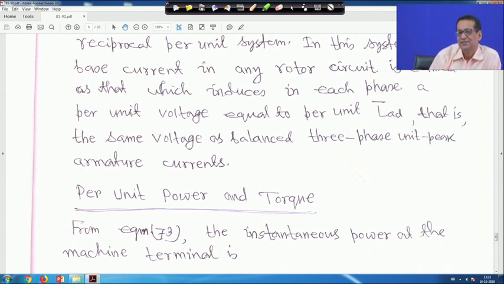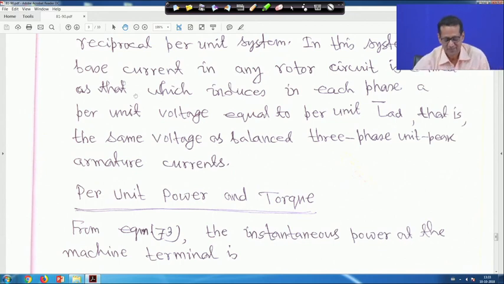My experience over the years shows that students may initially feel this per unit system is difficult, but it is not at all difficult. Just derive it once or twice, and you will find it is the same as the per unit analysis you did in power system courses in undergraduate studies, only the representation is slightly different because of the DQ transformation. So you should practice, and if you have any problem, come to me. Initially there may be a little bit of problem, but after you go through it,